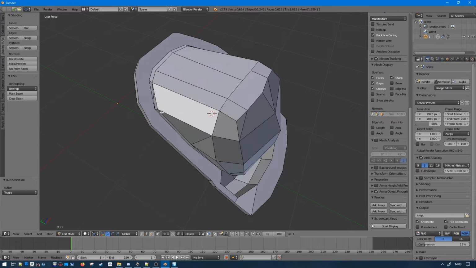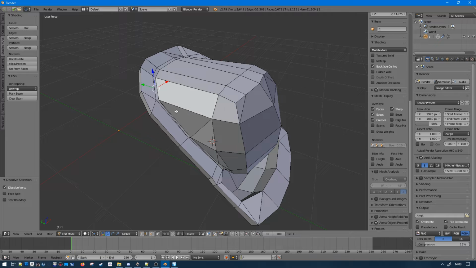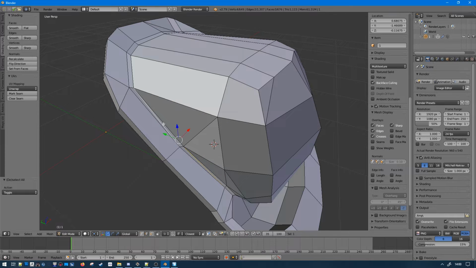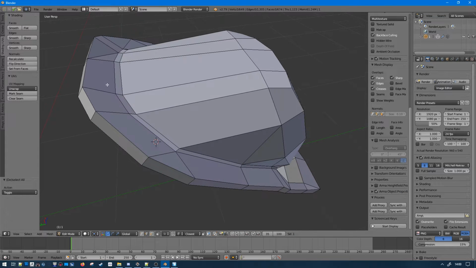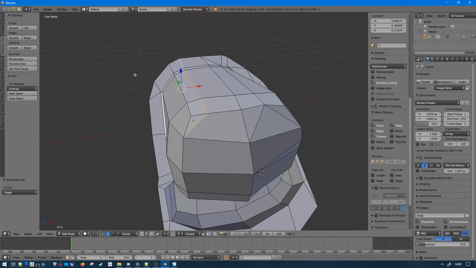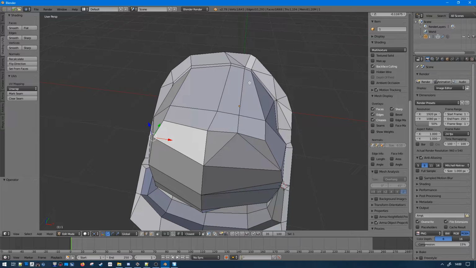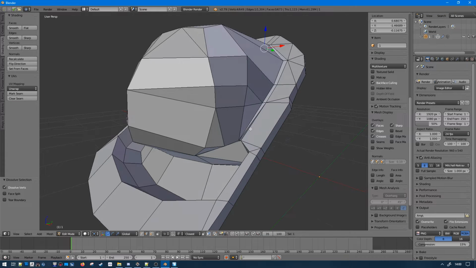And Control Delete, oh, it's removed the... I cannot untriangulate it. So Alt right click selects the loop, Control Delete deletes the whole loop. So if I'm taking all this, press Control Delete, and it's going to remove the whole edge loop.